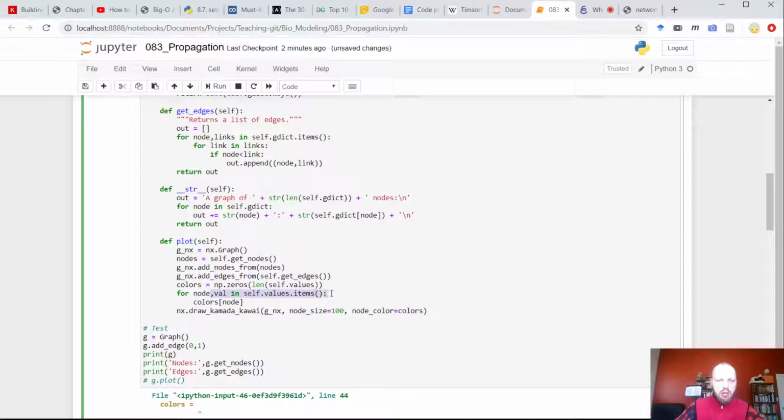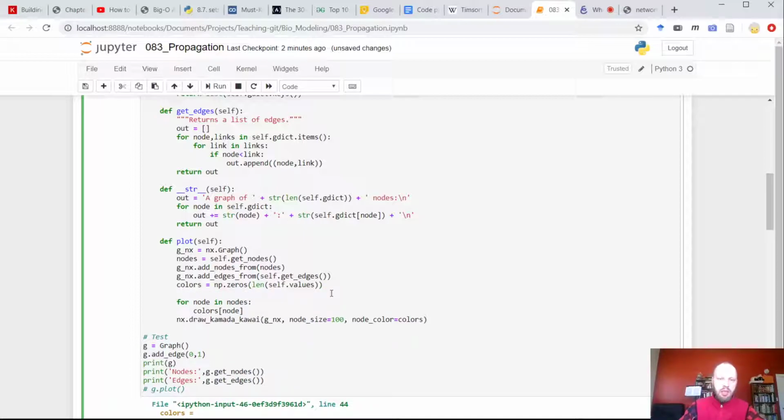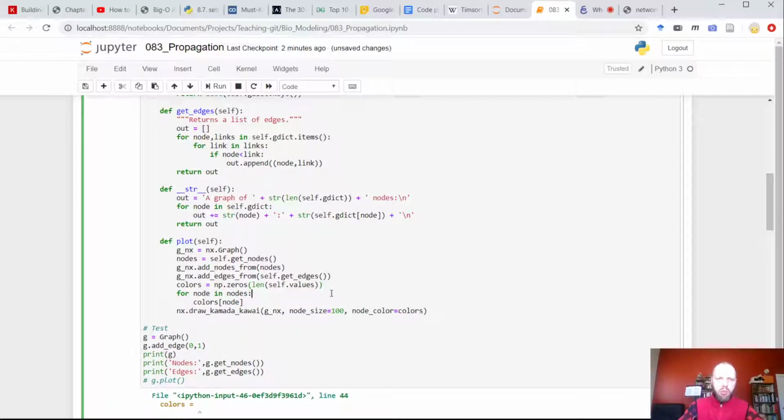And then here, let's do for node in nodes. So we will reuse the same list that we've already generated. That way, we will guarantee that the sequence is the same. No, not even that. We will do the following.